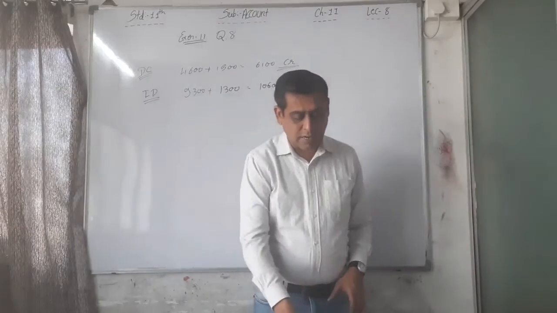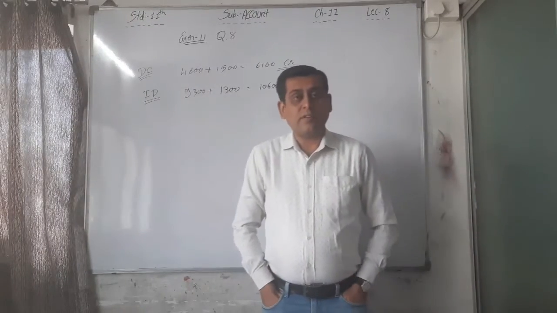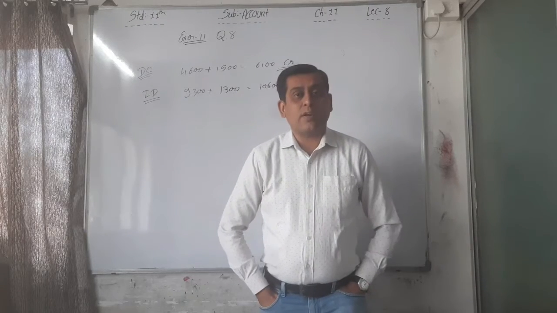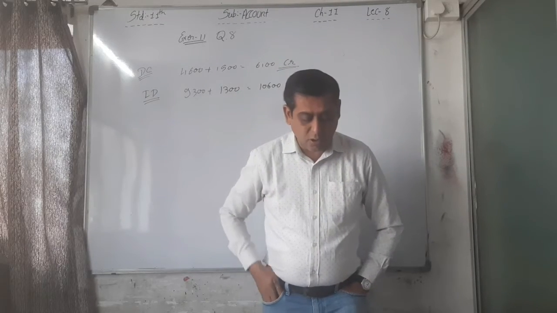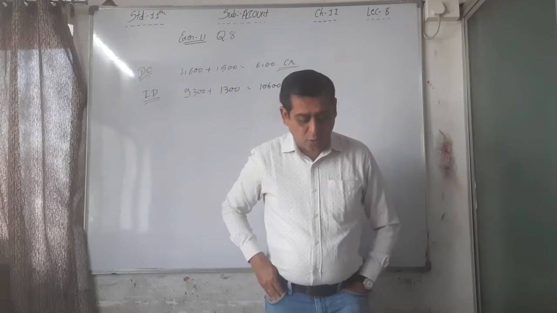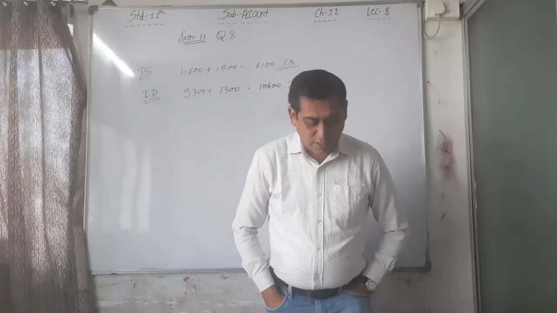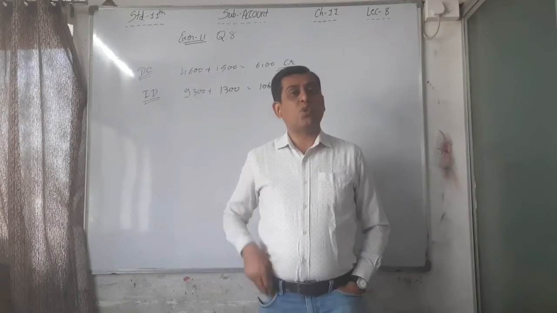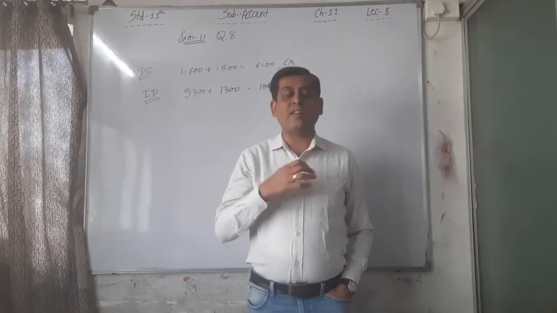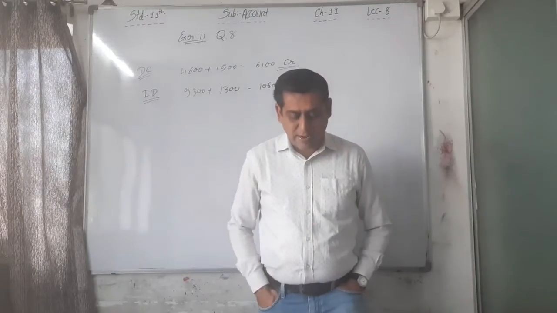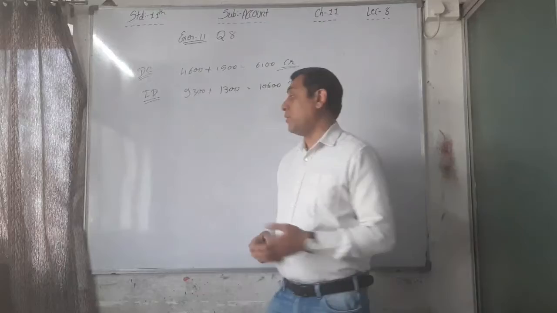Okay. So the second point, DC, check deposited but not credited. Third point, ID, check issued but not credited or presented. Right. Now the fourth point, again the twist is there. Interest of rupees 400 credited by bank. So in the first scenario we can say bank credit, that's why we have to debit. But the mistake, passbook is recorded on the payment side of the cash book by mistake.